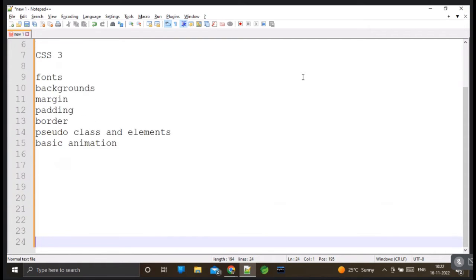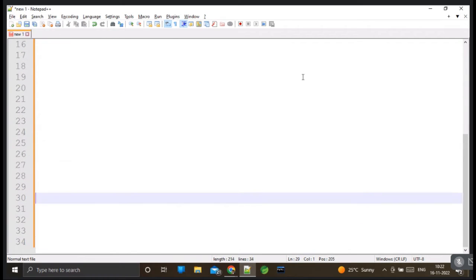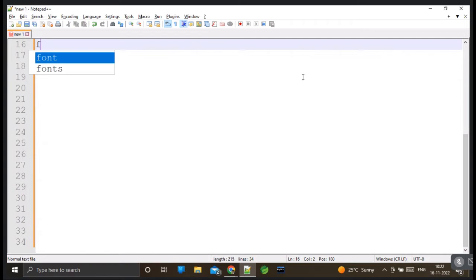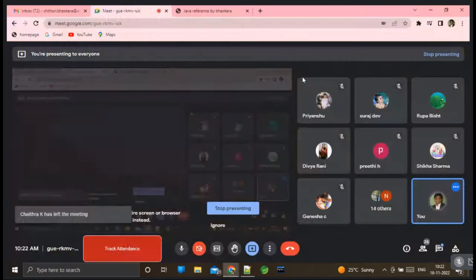So let's start with CSS fonts. Before learning CSS fonts, if you have any HTML page and you want to change the style of the text,